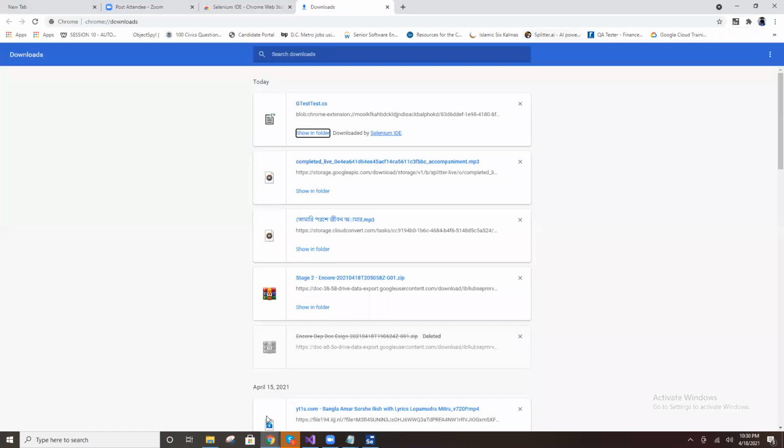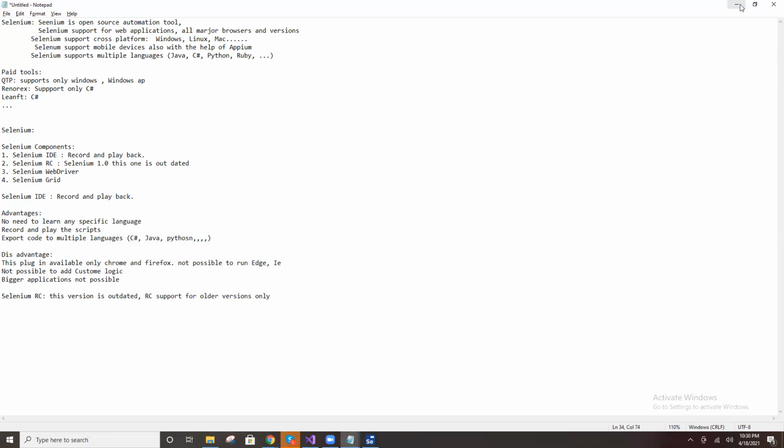Chrome is at 80-something now, but through Selenium RC only versions up to about 45 are supported. The latest it doesn't support. You would have to downgrade Chrome to 45 or 42, then it is possible.